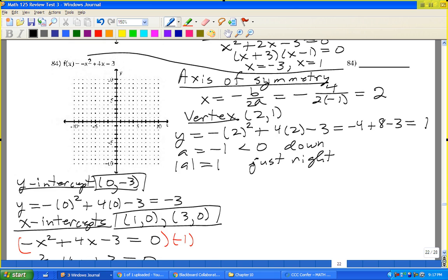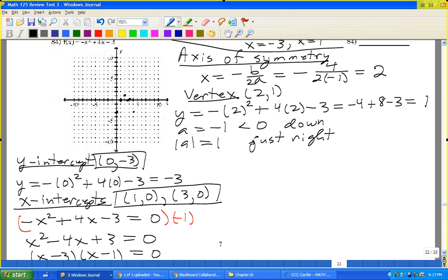And so let's sketch the graph. So I have a vertex at (2, 1), intercepts at 1 and 3. That makes sense. And y-intercept at negative 3. That makes sense. And let's sketch the graph. And so the graph should look like,